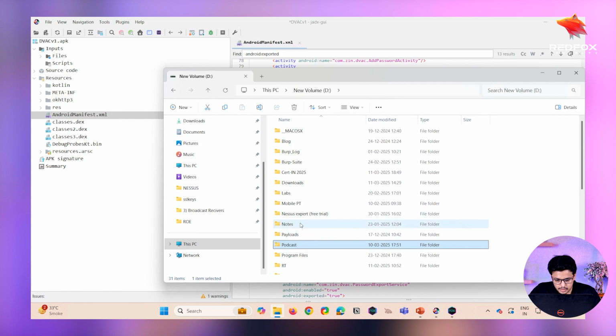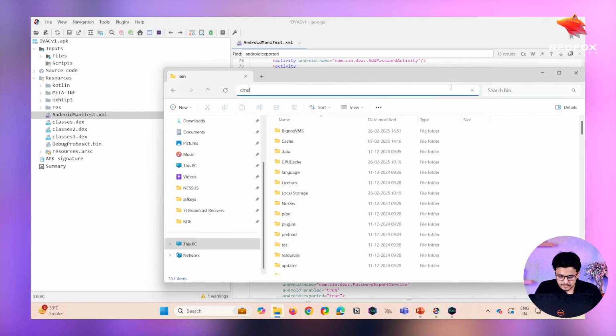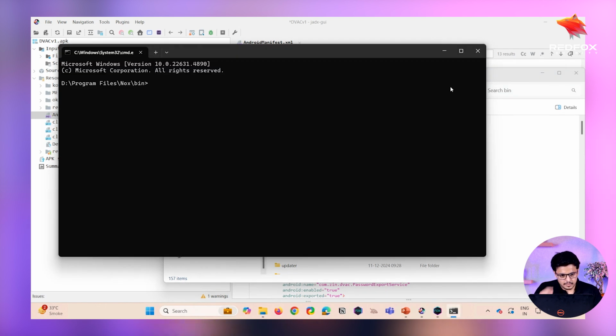So now I'll be going to the Nox page, program files. Then I'll open my command here. Let's first connect with the emulator. So yeah, your emulator is listening on 62001. Now we need to connect with the console of Drozer. So we will use drozer console connect to connect with the